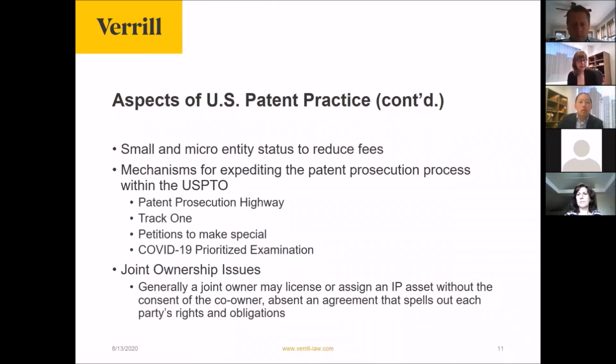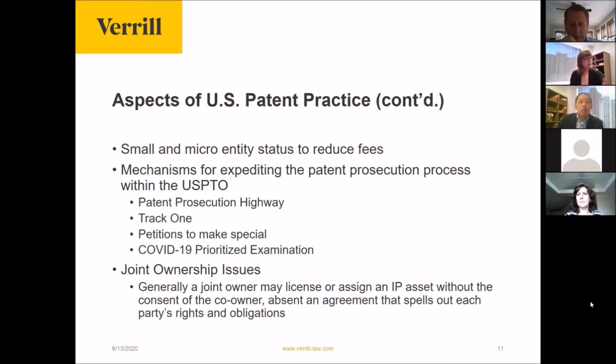A single entity can be held liable for infringement where they direct or control the other entity, or where the two entities form a joint enterprise. That also is something to be mindful of when you are yourself setting up a joint enterprise or any kind of joint development agreement with another entity.